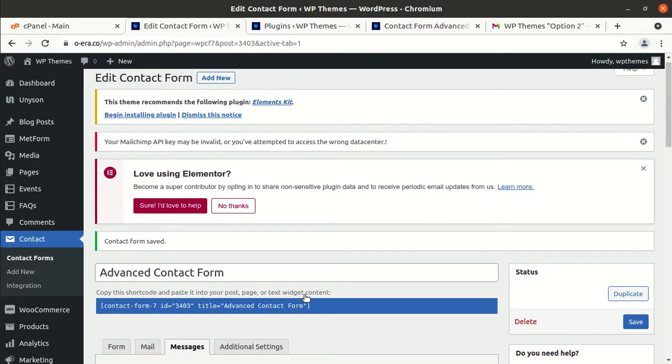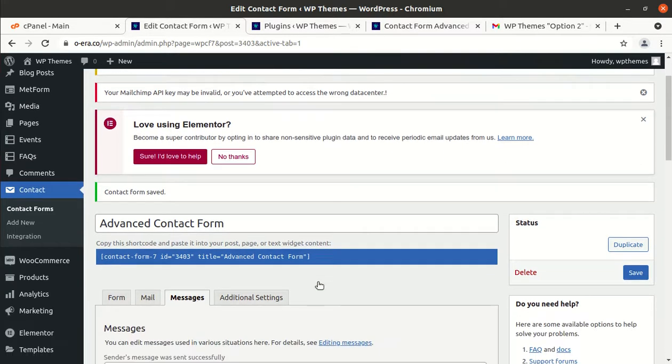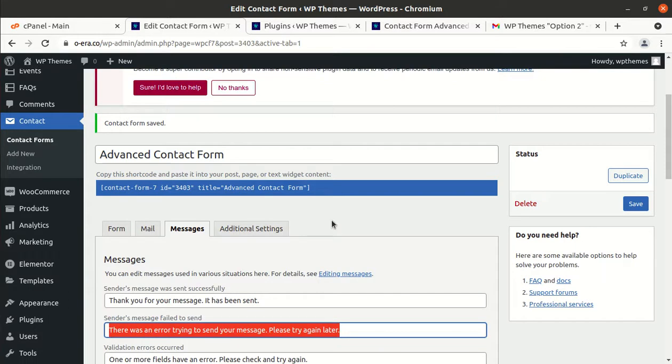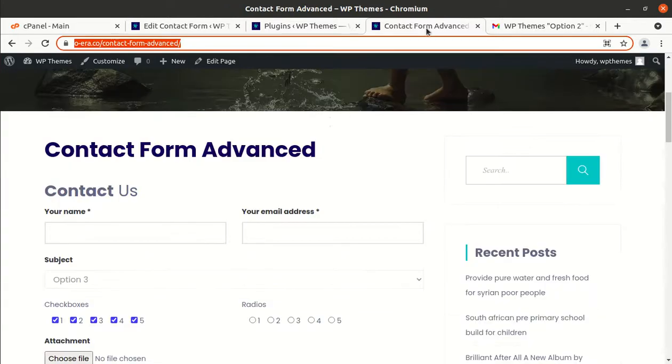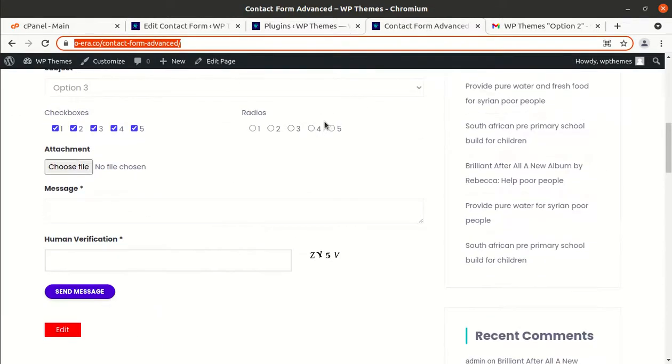So, we have implemented the advanced Contact Form 7, and we also learned how to use the human verification option, the captcha option in the contact form, and it is imperative to say that you must use the human verification option, at least if you are not even using the advanced contact form. You should use the human verification option to avoid spamming and hacking. And I believe this video remained very helpful for you, and you are going to use this option for your Contact Form 7.